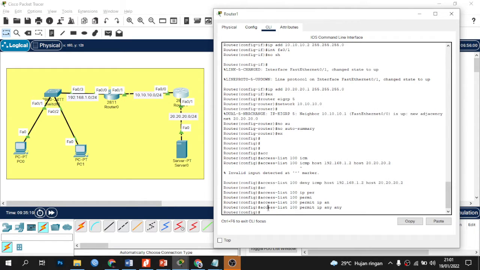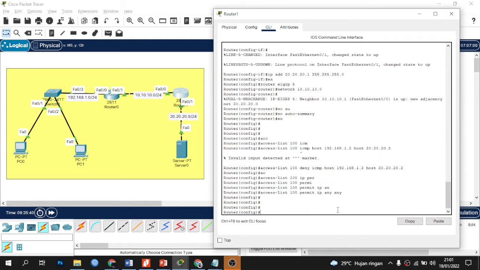Next, this command, access list 100 permit IP any. The permit any command allows access to all IPs except those we have denied.